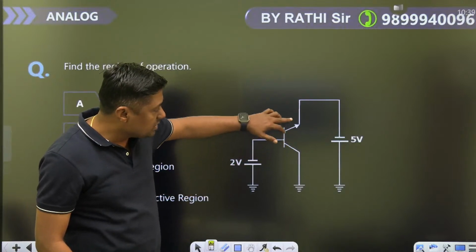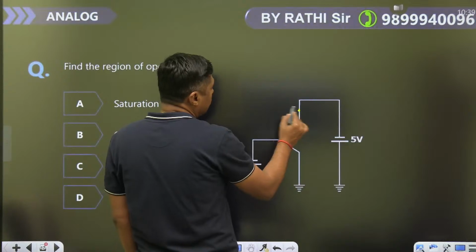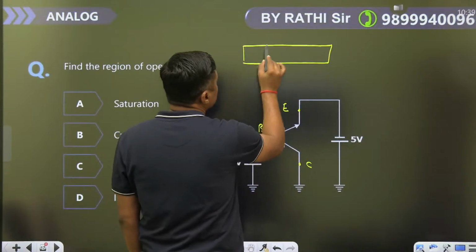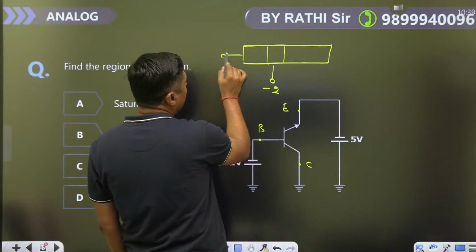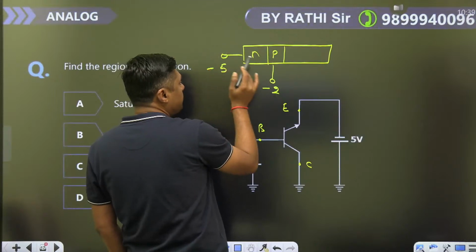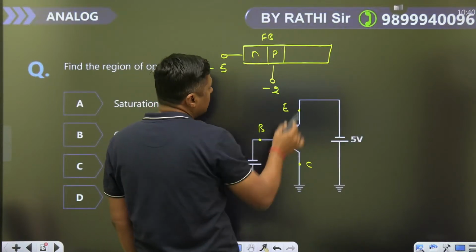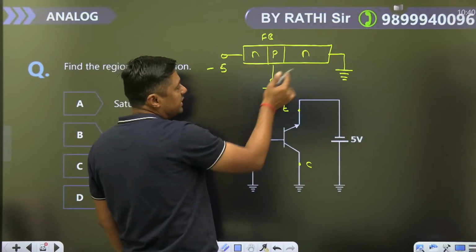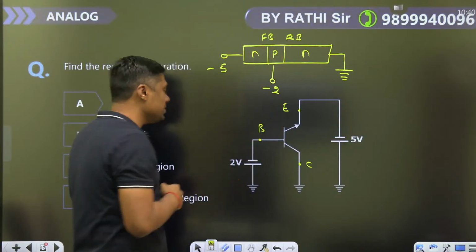देखो यहाँ पर ध्यान देना, ये है एनपीएन ट्रांजिस्टर, बस इसे आपने घुमा दिया तो आपको देखना है कि ये एमिटर टर्मिनल, ये कौन सा? बेस टर्मिनल, ये कलेक्टर टर्मिनल है। देखिए बेस जो है कनेक्टेड टू व्हाट? -2 वोल्ट। एमिटर इज कनेक्टेड टू -5 वोल्ट। अभी देखो जो नेगेटिव जो एन साइड है वो लोअर वोल्टेज पे, पी साइड हायर वोल्टेज पे एज कंपेयर टू दिस, मींस दिस जंक्शन इज व्हाट? फॉरवर्ड बायस। और अब आप देखो कि कलेक्टर का है, कलेक्टर को कनेक्ट कर दिया गया है ग्राउंड से। अब आप देखो कि ये वाला जो एन है वो पी से क्या है? ज्यादा वोल्टेज पे, 0 इज ग्रेटर देन -2 वोल्ट। दैट्स व्हाई दिस जंक्शन इज व्हाट? रिवर्स बायस। दिस इज फॉरवर्ड बायस, दैट इज रिवर्स बायस, मींस दिस बीजेटी इज इन व्हाट? एक्टिव रीजन।